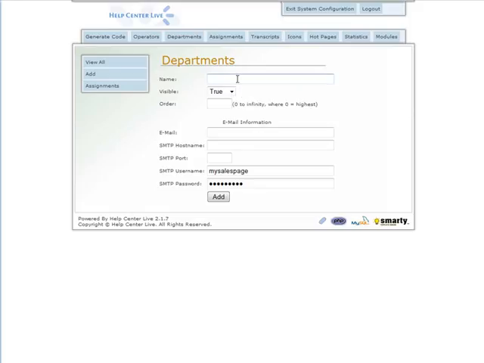So we're going to call it General Support, whether it's visible, and then when you have your departments, you can give them different numbers so that they fall in a certain order. Okay, so let's make this 0. That's the highest priority. Now, email. We need to use an email off of our server, and then we need to put in the proper credentials in here. So if we go back to our cPanel,